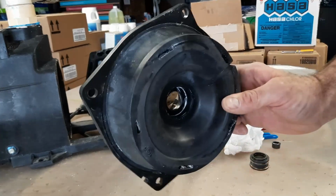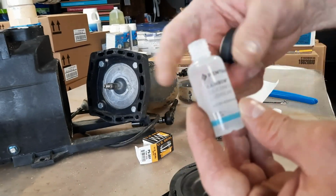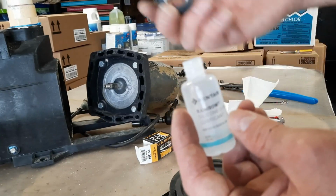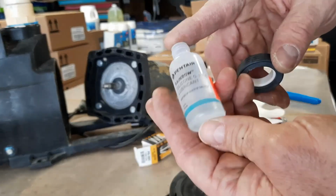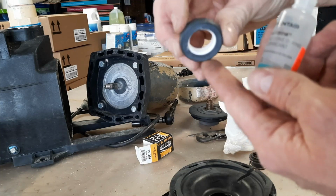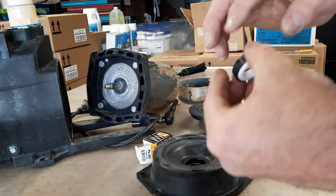under our front plate here, I like to use some silicone lube. This is a Pentair product. I just prefer using this one. You can use Magic Lube or whatever else, pool lubricants for O-rings. So basically, I'll take a little bit of this sealant and I'll just rub it around the front of this rubber gasket here, not getting